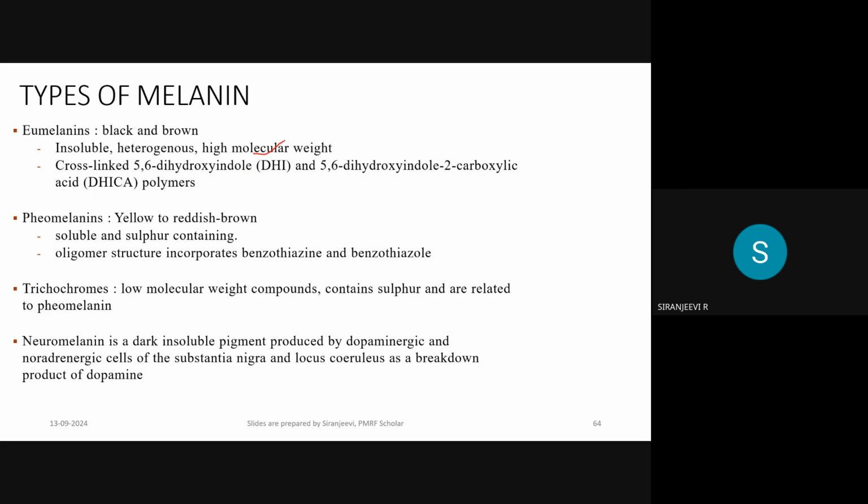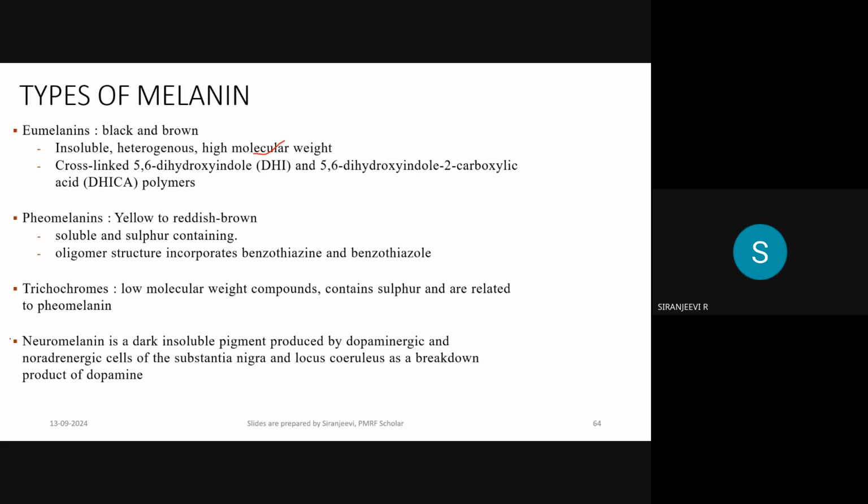which is a high molecular weight compound. Next one is pheomelanin, which produces the yellow to reddish brown color, and this is soluble and a sulfur containing melanin compound, which is an oligomeric structure that incorporates benzothiazine. Another melanin called trichochromes are low molecular weight compounds containing sulfur, which are related to the